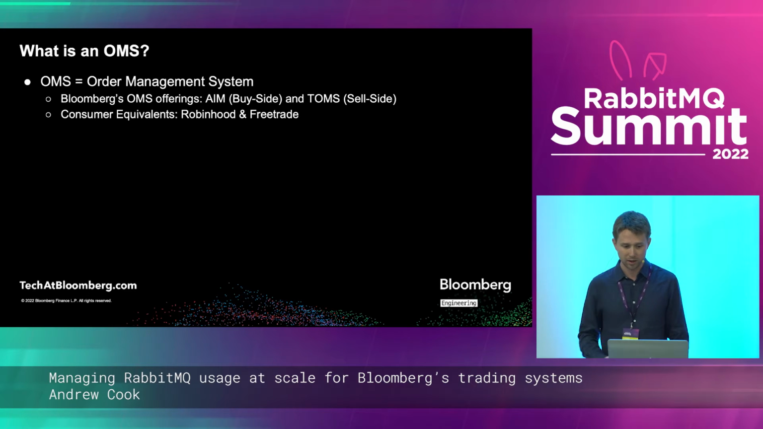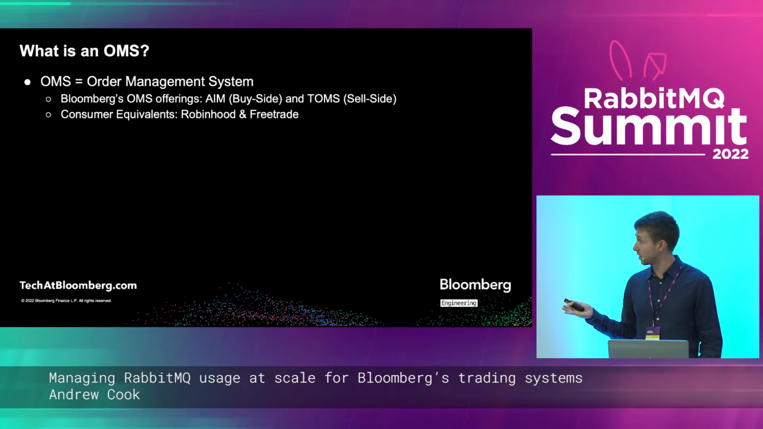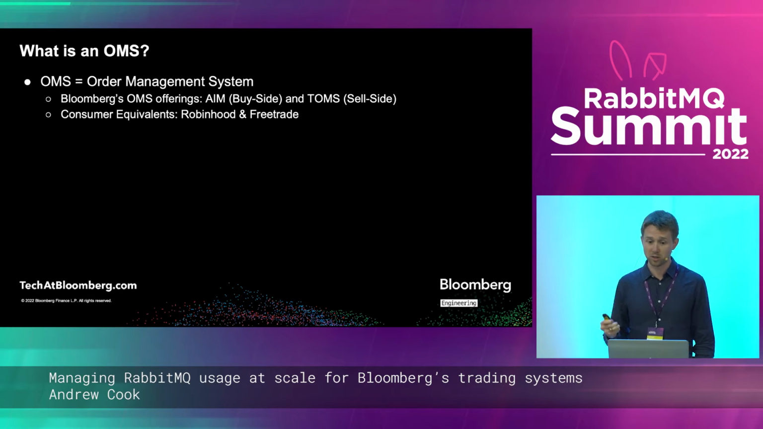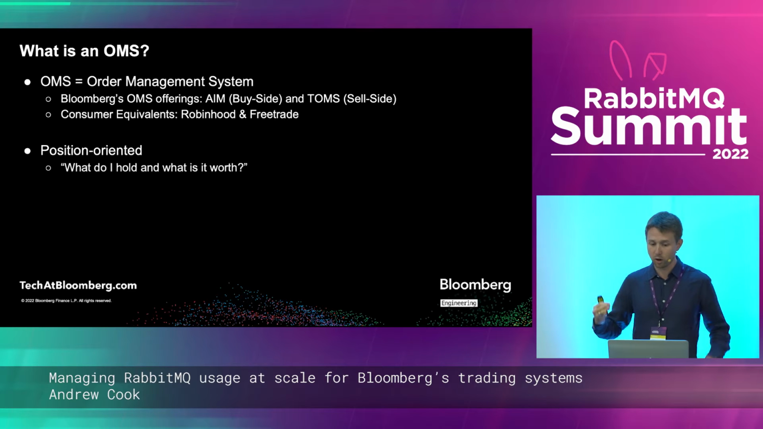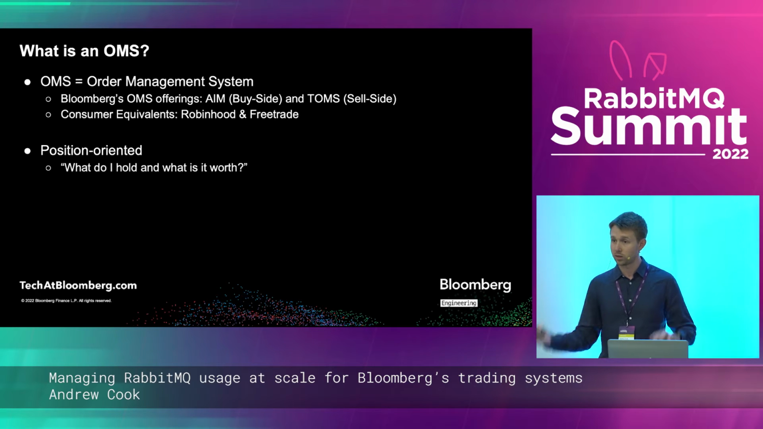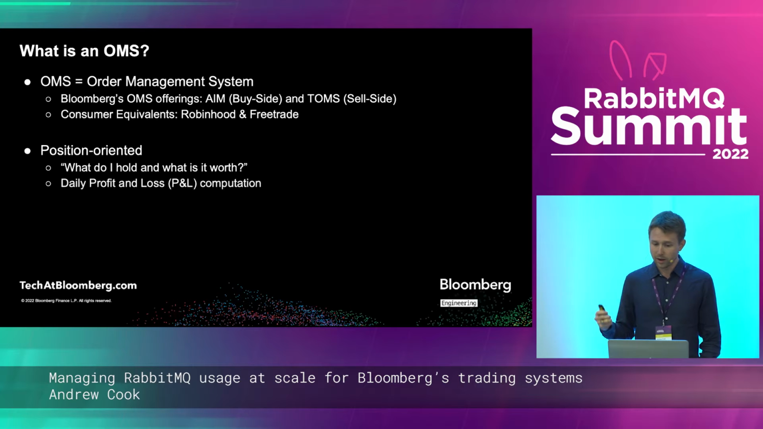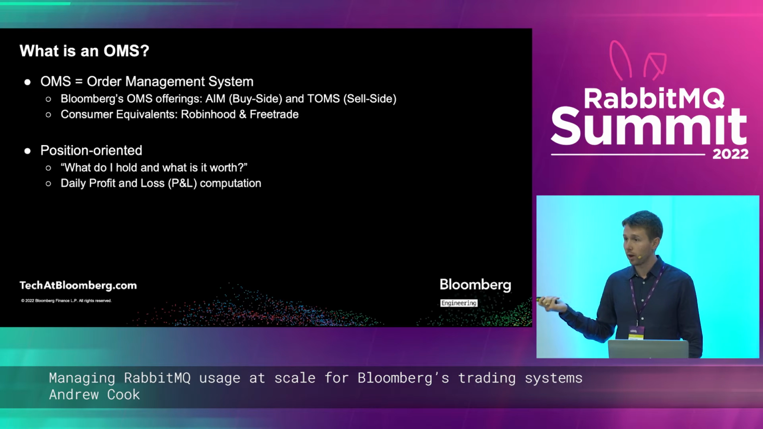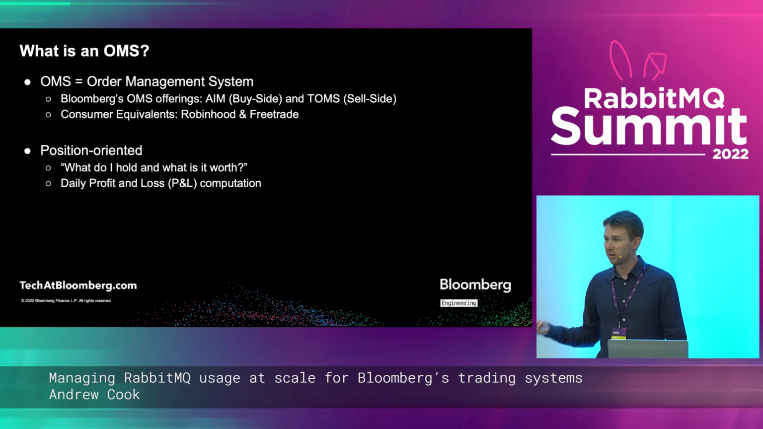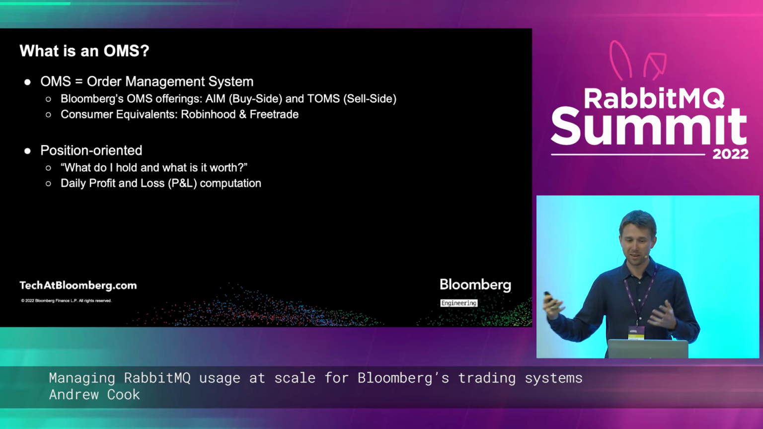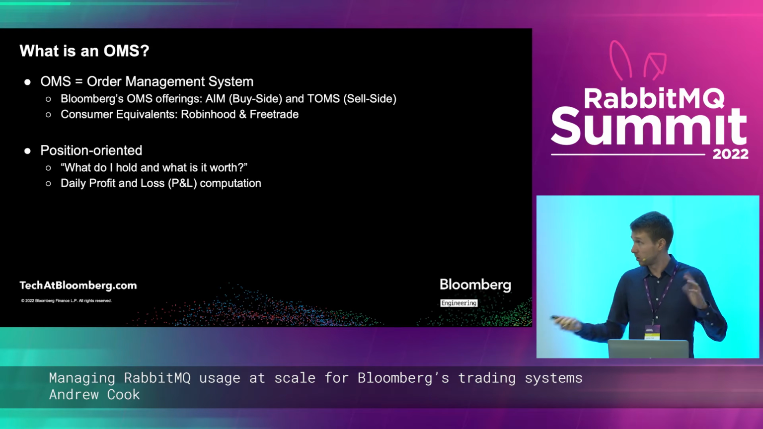on these apps. One thing to understand, which you will understand if you've used these apps, is that order management systems are position oriented. So you want to know, what do I hold right now and what is it worth? Right? So you can see your positions, you can see how much cash you have, you can see what sort of stocks, maybe what kind of bonds you hold. You want to know each day, how much money did I make? How much money did I lose? I think that you often see the numbers maybe in red and green